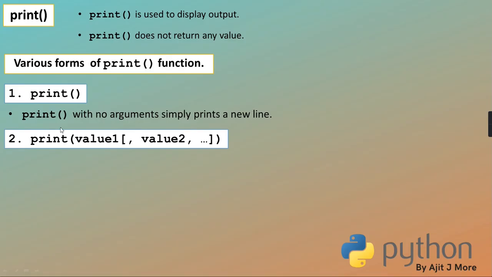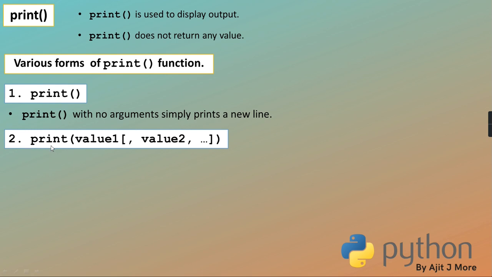Then the second one. Now what I have done is combine the second and third in this one, that is, print one value or more than one value. Always remember, anything which I write in a square bracket is optional, meaning it is not compulsory in the syntax. Whenever I give a syntax, anything which I put in square brackets, assume it is optional, not mandatory. So value 1 comma value 2 comma, it can go on.